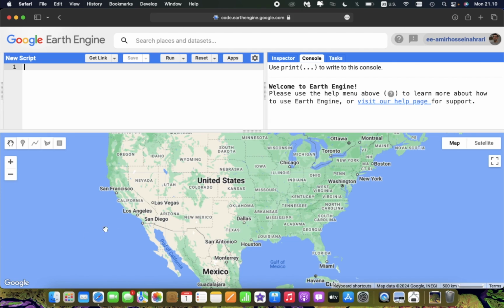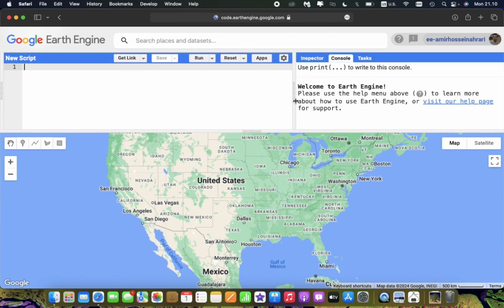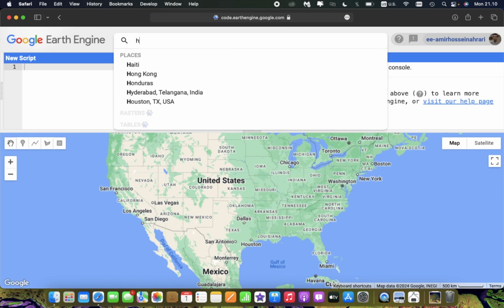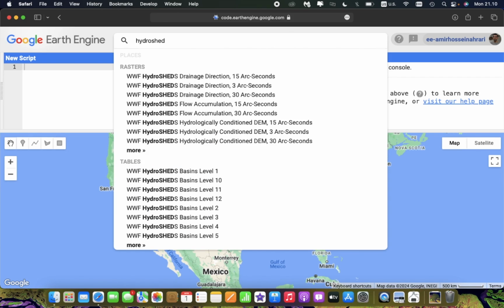In the previous videos, I showed you how we can set the region of interest through the drawing tools available here. But in this tutorial, I'm going to show you how you can set your study area through the available basin layers in the Google Earth Engine data catalog. So, through the search places and datasets, type HydroSHEDS. HydroSHEDS basins levels are available for all around the world. And most of the time, I'm using level number 5. But you should know that a lower level number covers a larger area and a higher level number covers a smaller area with more detail. So I select a mid-level